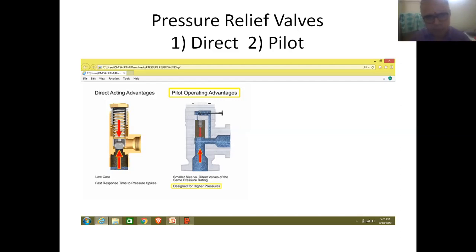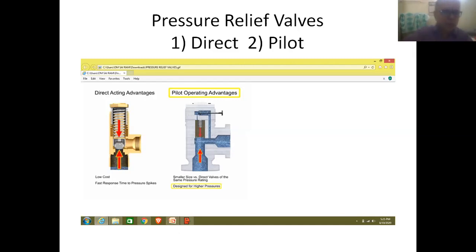So friends, depending upon the convenience, necessity, and requirements, the valve can be placed either in horizontal position as shown in the previous figure, or in vertical position as shown in this particular diagram.